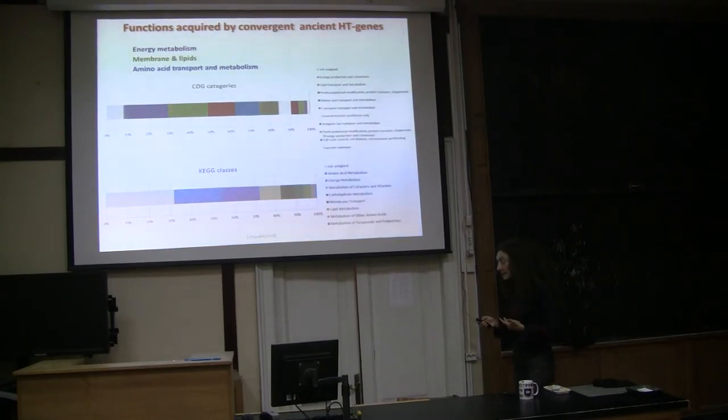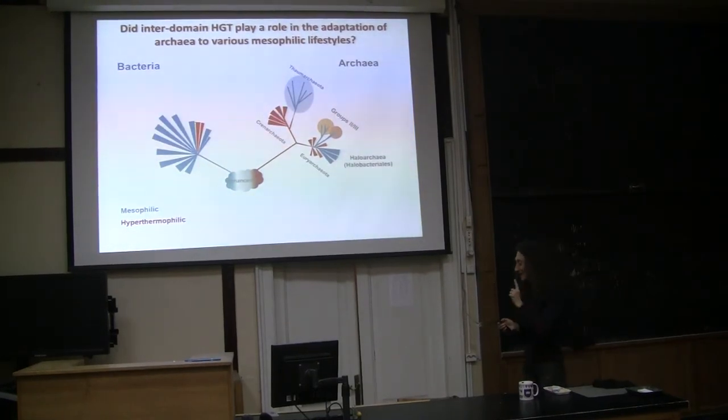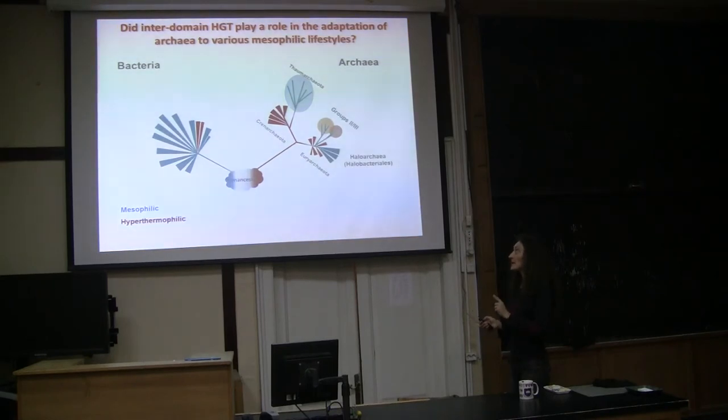So it is very tempting to speculate, and this is my last slide, that in the same way, and now we are looking at the tree of life if you want, the eukaryotes are not here, but the bacteria and the archaea, it is tempting to suggest that in the same way as we know that some hyperthermophilic bacterial groups have adapted secondarily to hyperthermophily by acquiring some genes from hyperthermophilic archaea, such as the reverse gyrase, specific enzyme for hyperthermophiles,